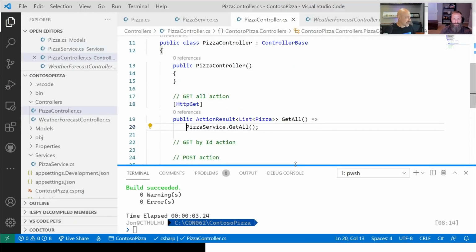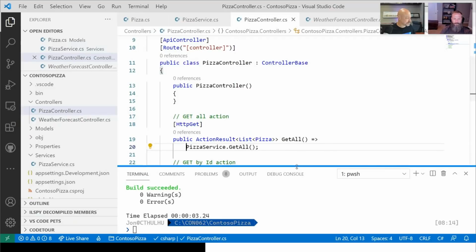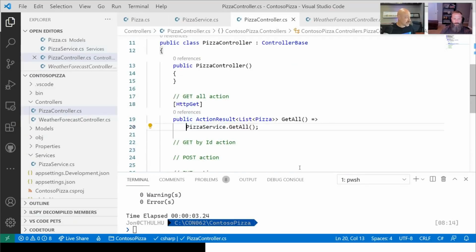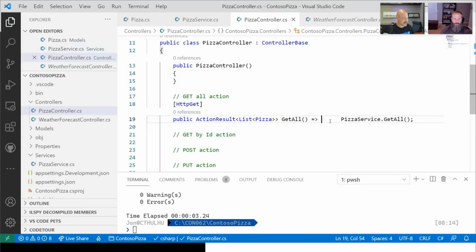So here's what we've got for this. This is a get all. So now I've got an HTTP get attribute. And then this is very, very simple. If this is easier to read, you can throw this up like this. This is just saying when I call the get all the pizzas, it calls over to that pizza service. All right. So now we're going to follow a similar kind of